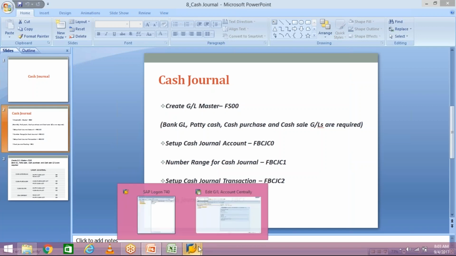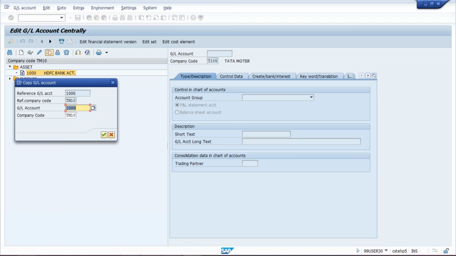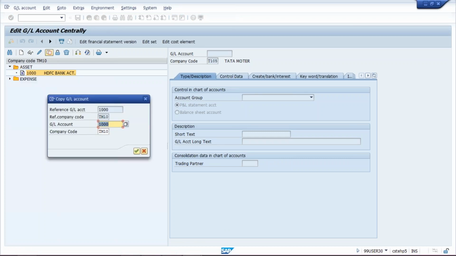Petty cash is nothing but an asset, so I'm going to copy the bank GL itself and create a petty cash GL. The number I have given is 1001. Why? Because 1000 has already been used while creating this HDFC bank account, so the next number is 1001.